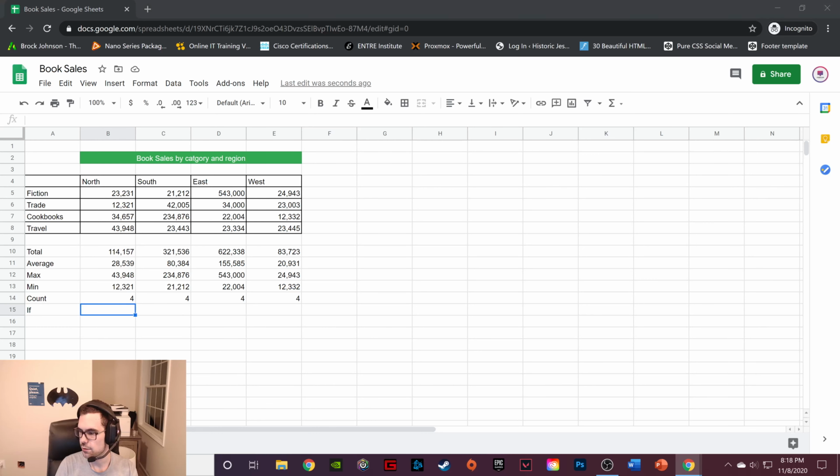Basically, an if formula is used to specify a condition. If that condition is true, then one kind of value will be displayed. If that condition is false, then another kind of value will be displayed. Okay, so